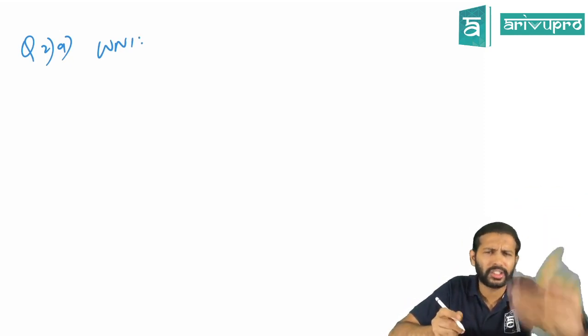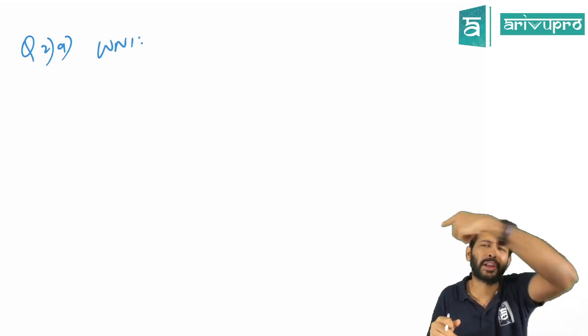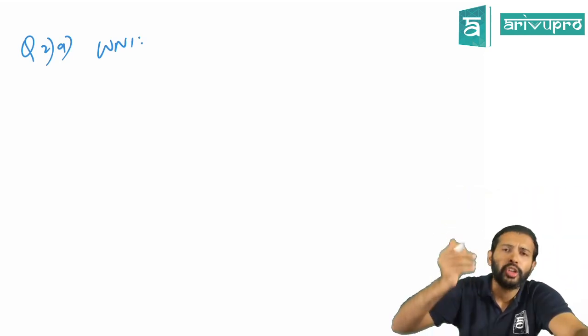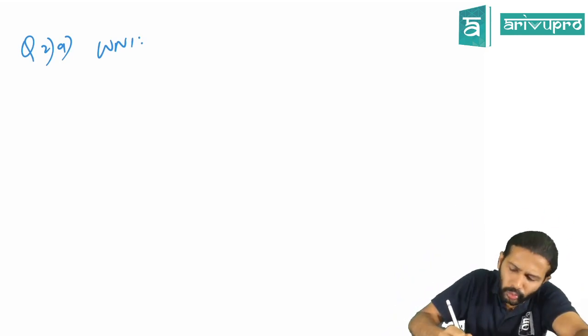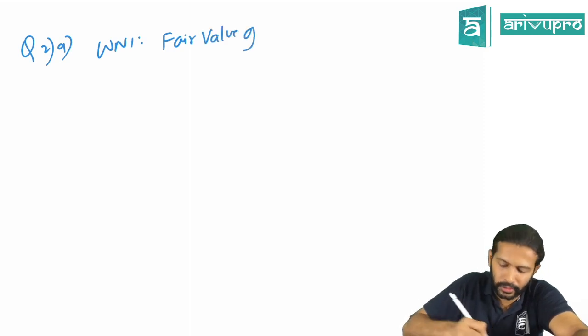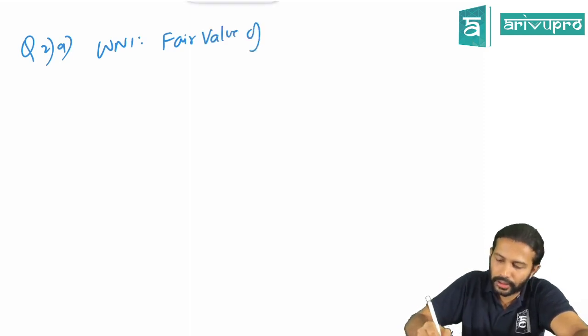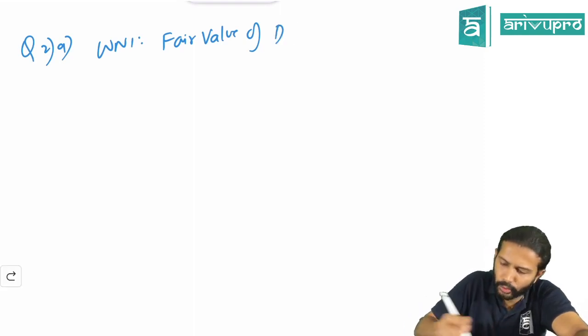Fair value gain or loss on the hedged item, we don't have to worry about, because it is happening only on 30th September. So only the fair value gain or loss on the derivative, that is the future contract, is what I need to worry about. So I'll put one working note to find out the fair value, because you are accounting using fair value, right? So fair value of derivative, or I'll write it as future only.